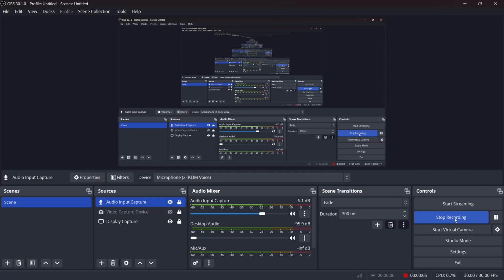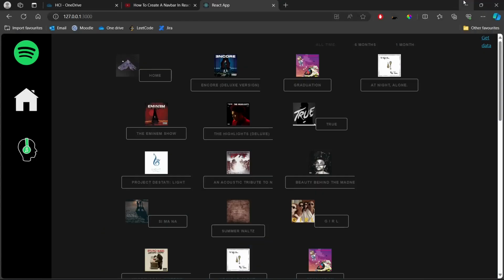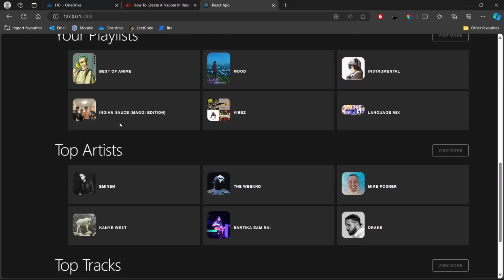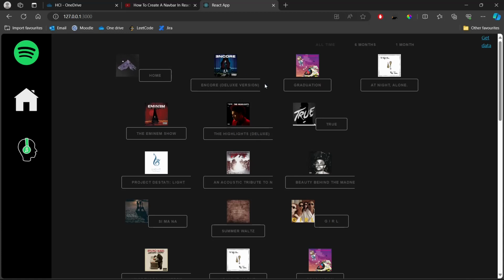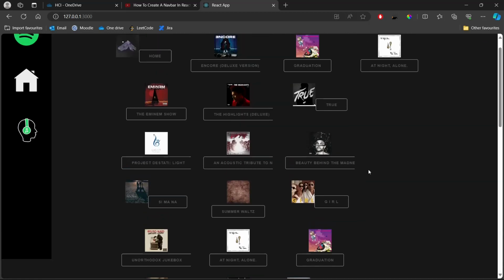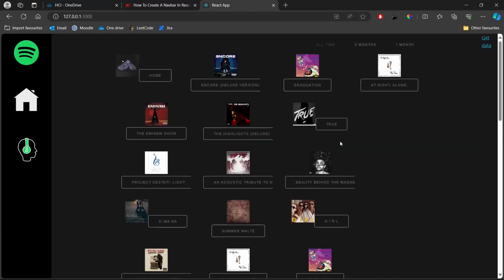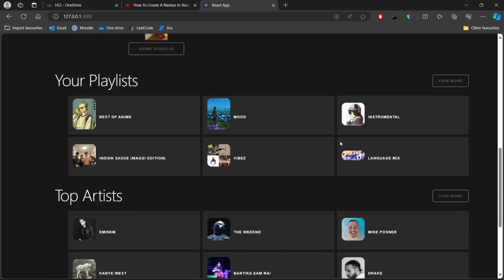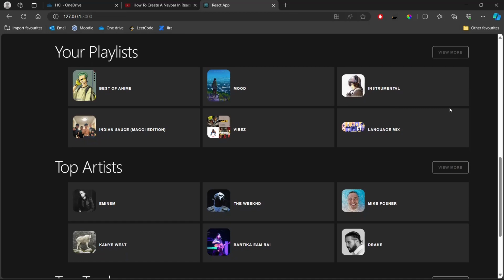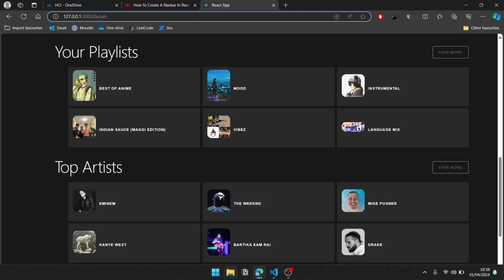Okay, so finally back to another build of the Spotify app. Last time we made the basic layout for showing all the songs or the playlist, everything that we had to show. We were going to work on the actual view more button, but didn't quite get the time to do it. So today that's the main focus. We click on the view more button, it goes to the details page, and we'll get all the